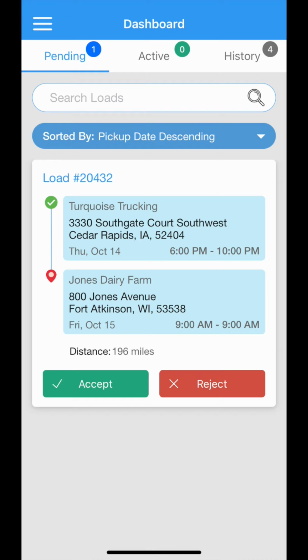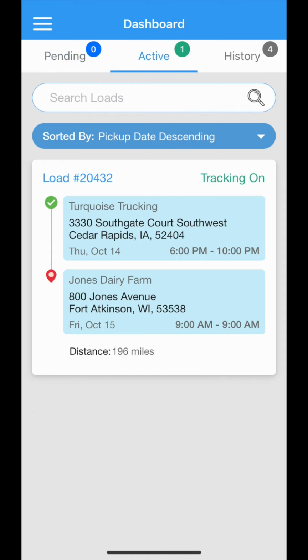So you can have many pending loads. What we do here is you either tap accept or tap reject. If you tap reject, be sure your dispatcher knows what's going on. Don't just reject loads. From here, if you want to do anything else with the load, you have to tap accept, the green button. Now it may be subtle, but that pending load that you accepted has now become your active load. It moved over from pending to active. LoadStop can only ever have one active load at a time.